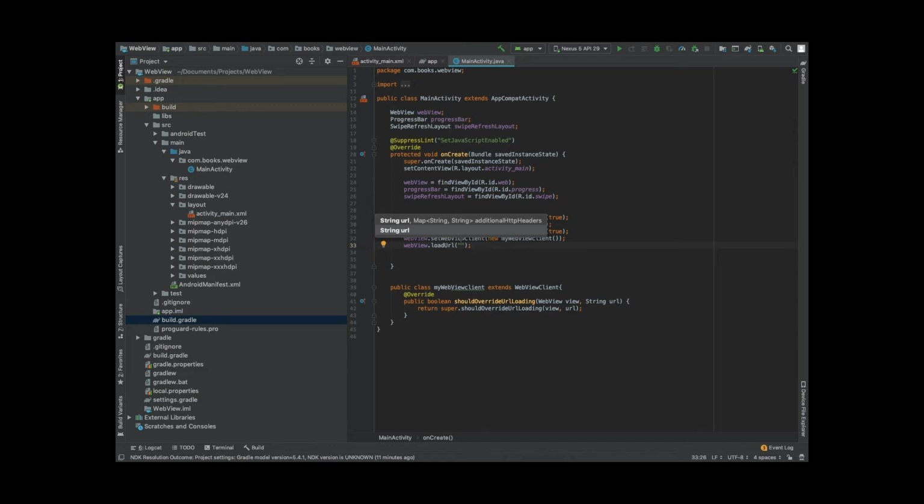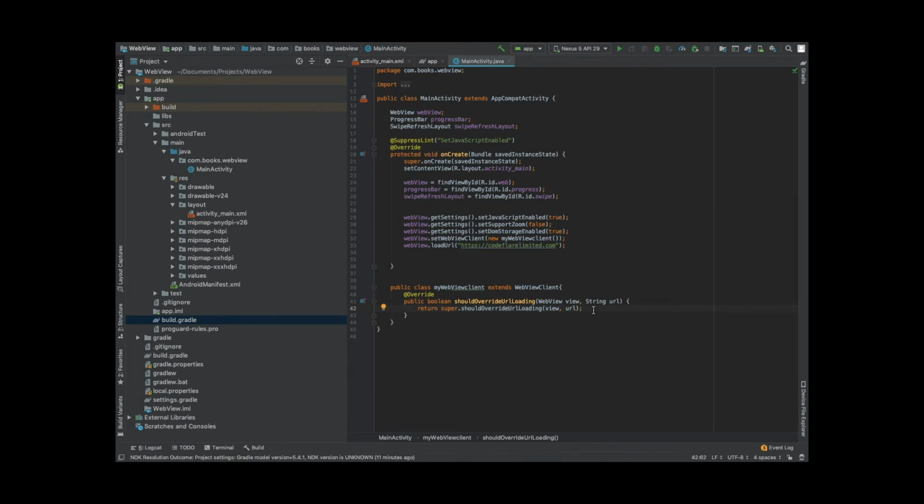So the S is for secure connection. So if you're passing your WebView URL here, you have to have security attached to it. Okay, so I'm going to pass in a URL with HTTPS. I'll just pass this code limited.com. You can pass your own URL there. Alright, so